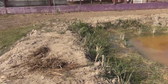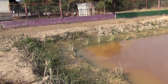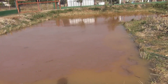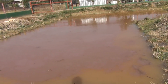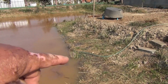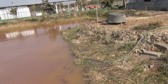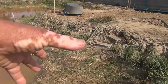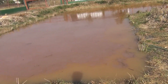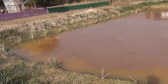Now, worst case scenario, if it does, then what we will have to do is buy some more of that stuff, bring the level down, or let it go naturally or whatever, and add some to this portion going down and this portion going up here. So this whole area here, all the way around, add some of that stuff. But time will tell, and we'll see how it goes,